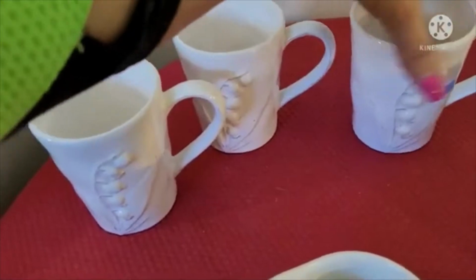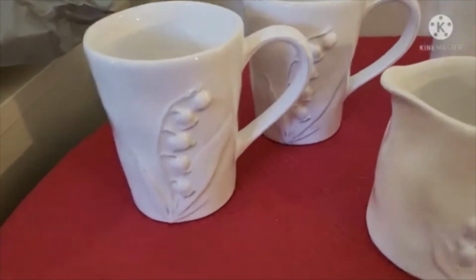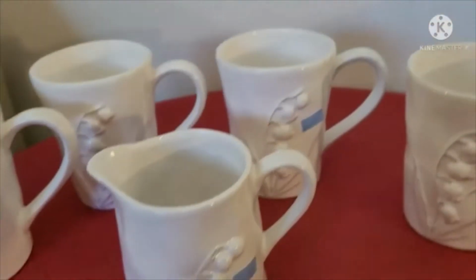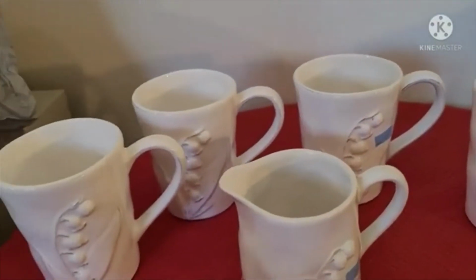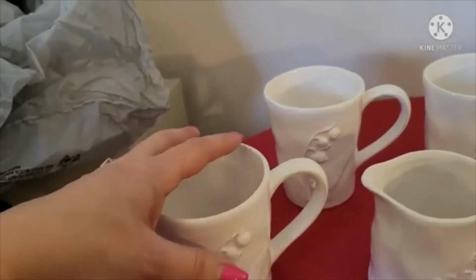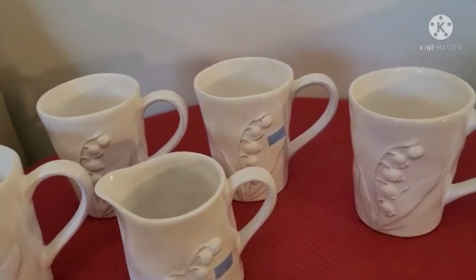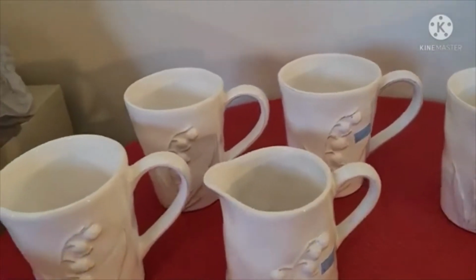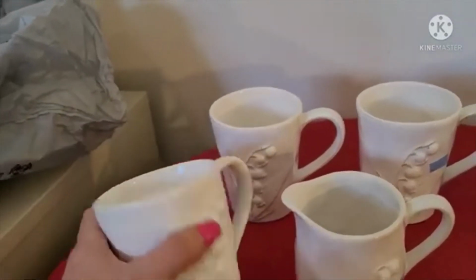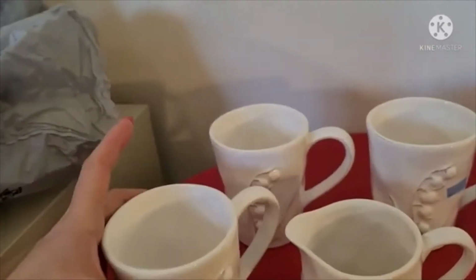I got all of these and this. If you can see on the front there, it's embossed with a lily of the valley flower, which I was immediately attracted to. I thought, ooh, this is a really nice looking mug. That's really nice, very contemporary looking. It just reminded me of a farmhouse look, but also it could be for that clean white look. And when I picked it up and turned it over, it said Anthropologie,